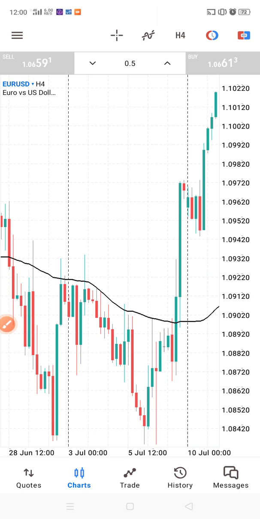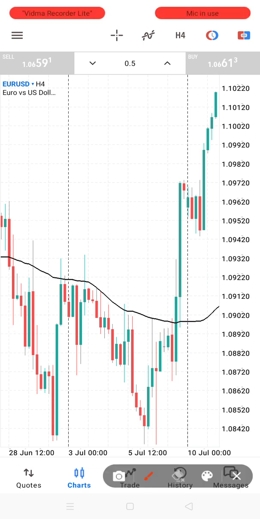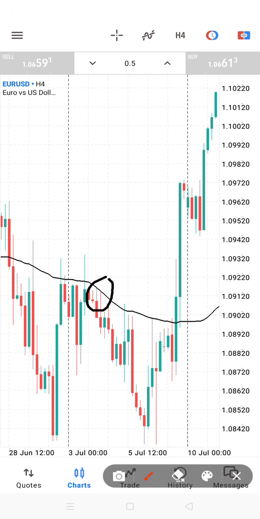okay, which is followed with another candle that tests its open. So I'm gonna show you exactly what I mean. I'm gonna draw a circle on those specific candles. So this is one of them, as you can see, an indecision candle followed by another candle that tests its open. As you can see here on the highlighted area,